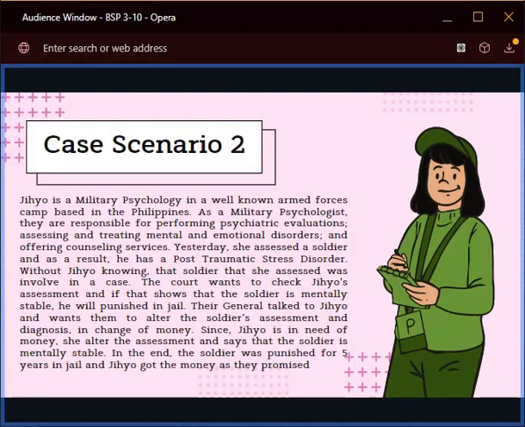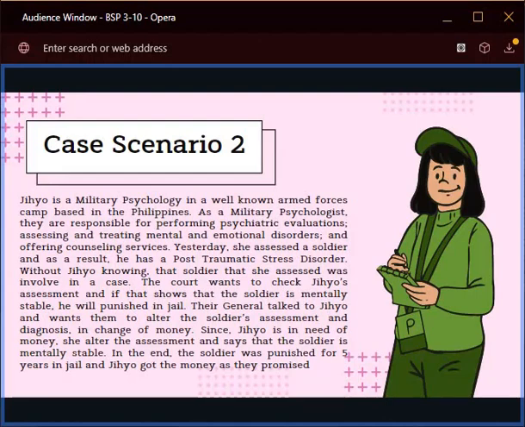Yesterday, she assessed a soldier, and as a result, he has post-traumatic stress disorder, without Gio knowing that the soldier she assessed was involved in a case. The court wants to check Gio's assessment, and if it shows that the soldier is mentally stable, he will be punished